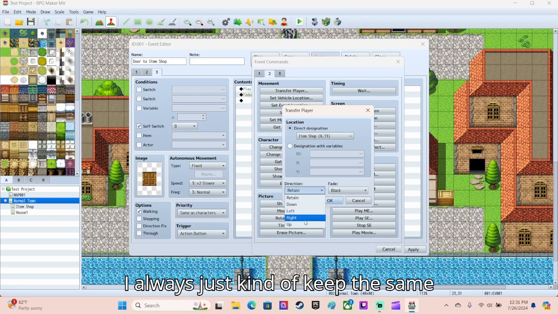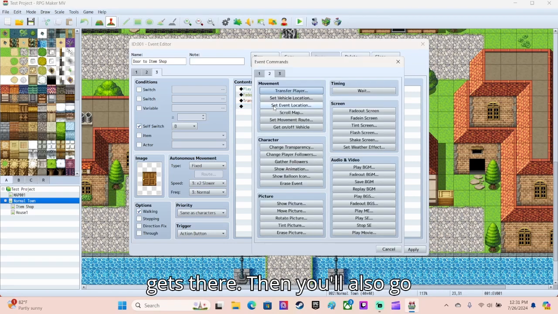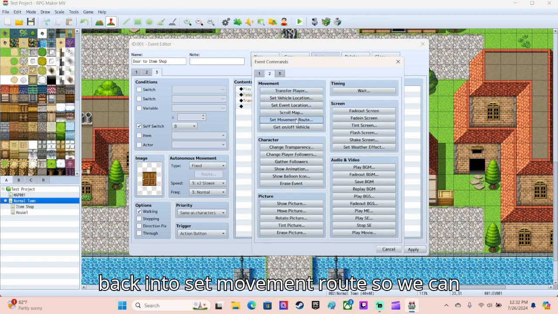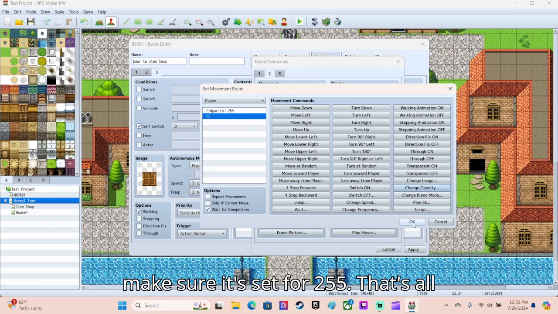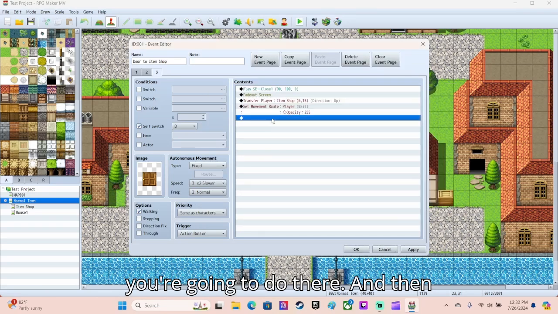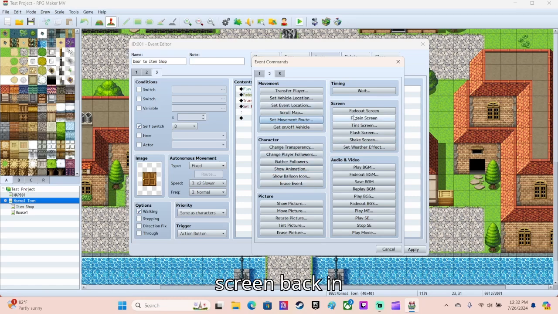I always just keep the same direction, so it'll be facing up when it gets there. Then you'll also go back into set movement route, so we can turn the opacity back on and make sure it's set for 255. That's all you're going to do there. And then you'll fade the screen back in,